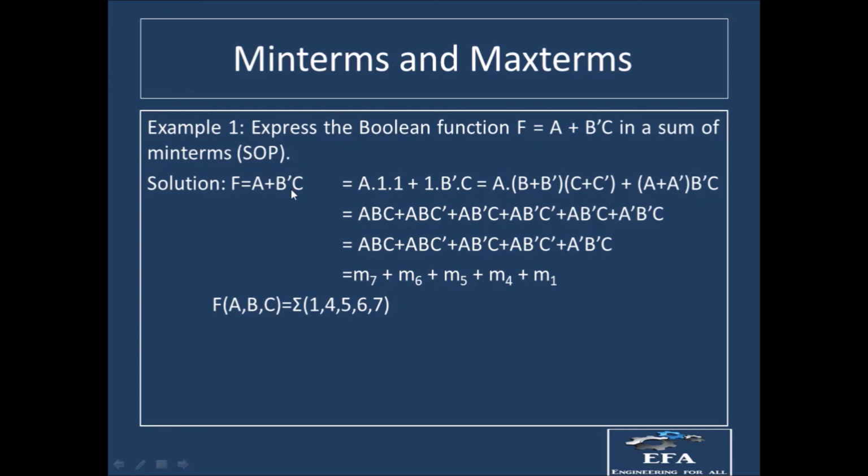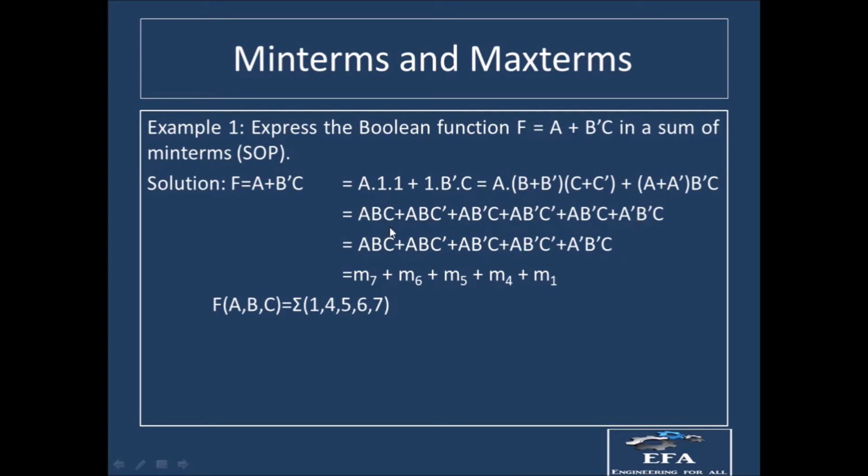First of all, we have to convert this expression into the standard or canonical format, right? In the first term we can see that b and c both are missing, and in the second term a is missing, so we need to add them first. This one is for b, this one is for c, and this one is for a. So this can be written as b + b bar, this as c + c bar, and this as a + a bar. Opening these brackets, ultimately we will have this expression, right?